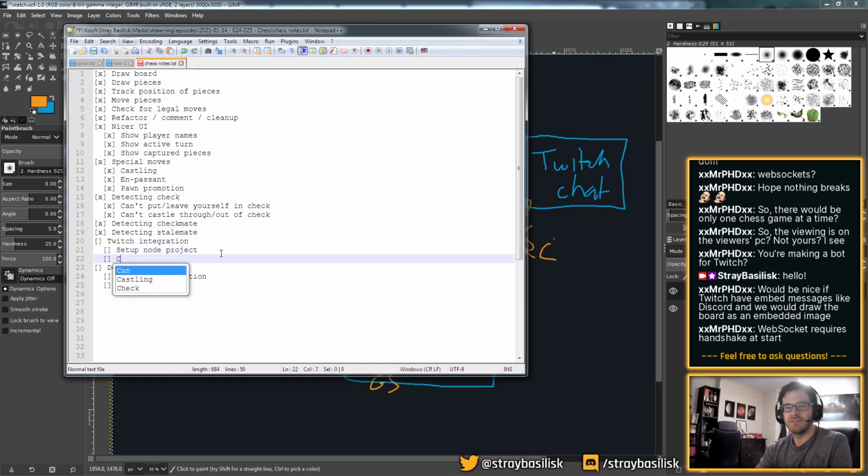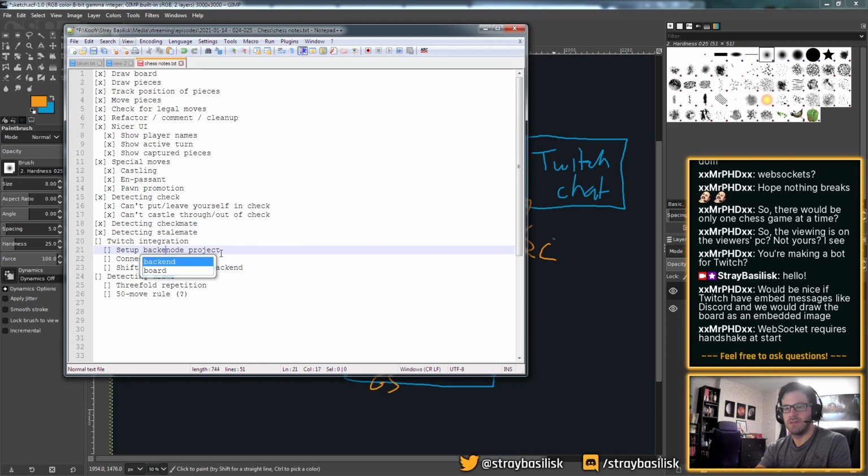So we want to connect to this, and then the web socket server to